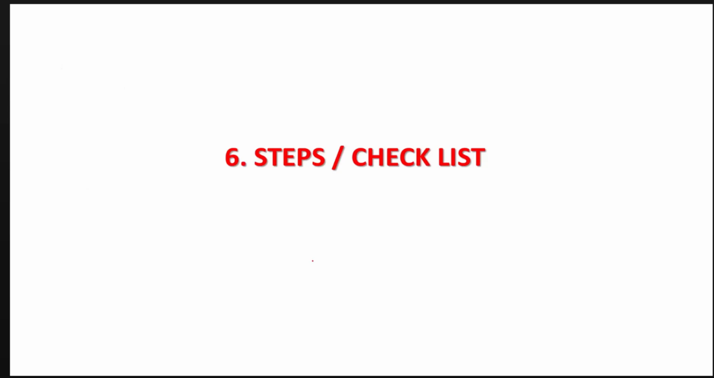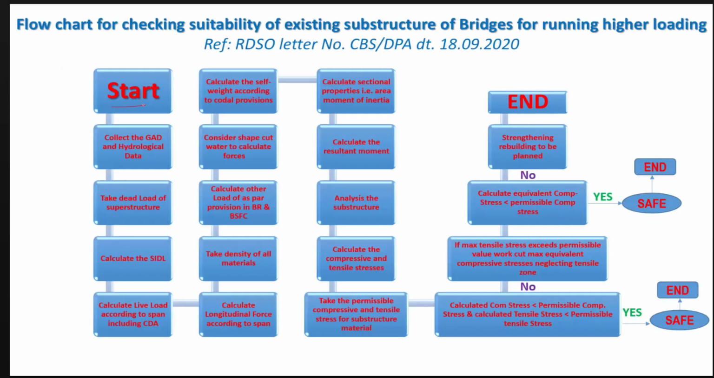So at last, I would like to summarize this webinar on how to do it. Start and collect the GAD and hydrological data, take the dead load of the superstructure, calculate SIDL, calculate live load according to span, including CDA, then calculate the self weight according to Codal provision. Then calculate longitudinal force, then take the density of all the materials, calculate other loads as per the provision and bridge rule and substructure code,